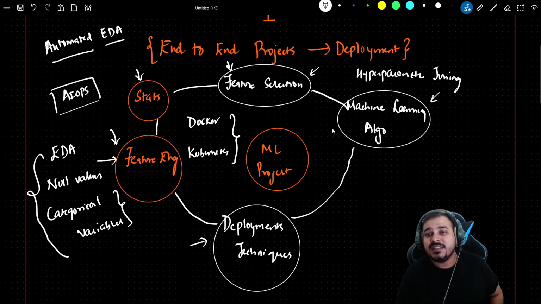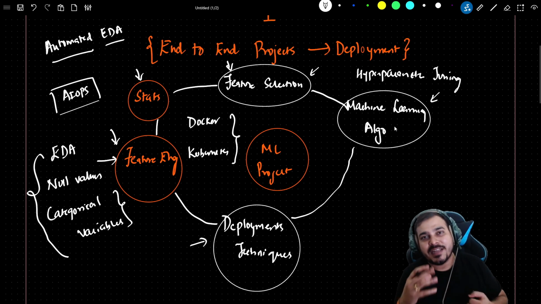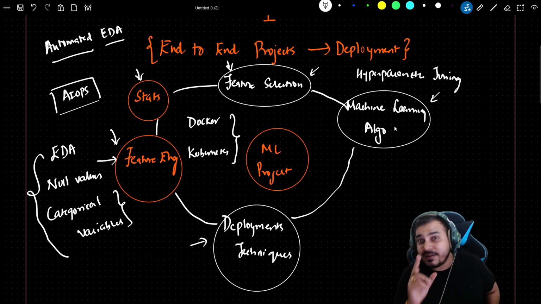Then you go and actually see about the machine learning algorithm. Now in machine learning algorithm, always select those algorithms carefully. Suppose the interviewer asks, which is your favorite machine learning algorithm, or in your project, what was the technique of selecting the machine learning algorithm to solve the problem. You should definitely say that I tried every machine learning algorithm and focused on the performance metrics. Now performance metrics is very much important, guys. You have to talk about performance metrics.